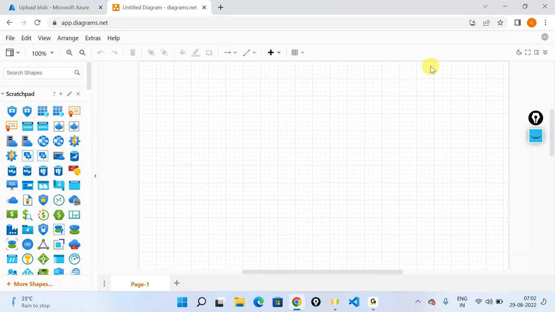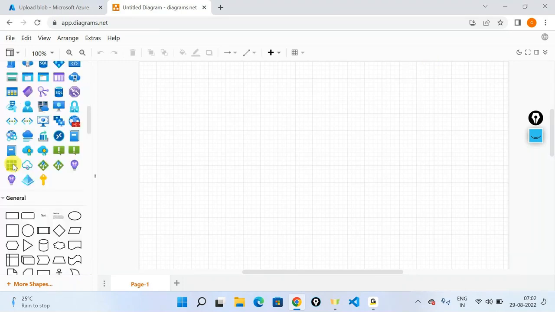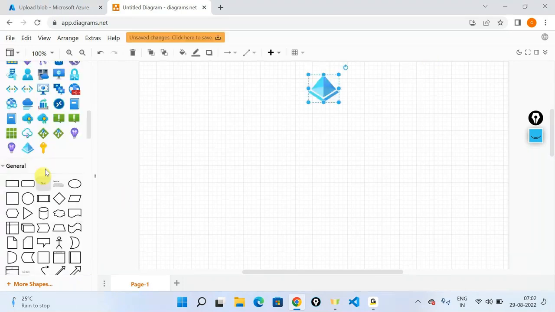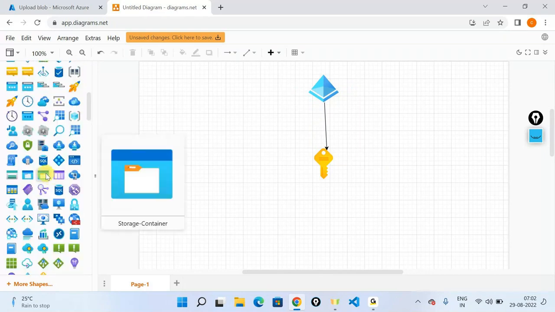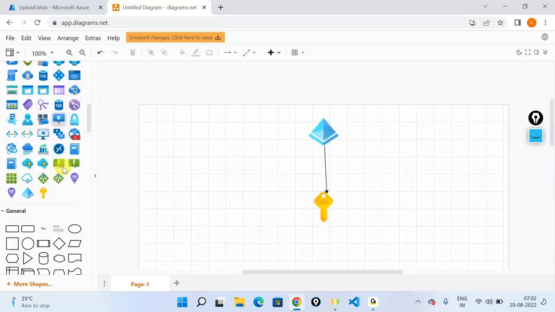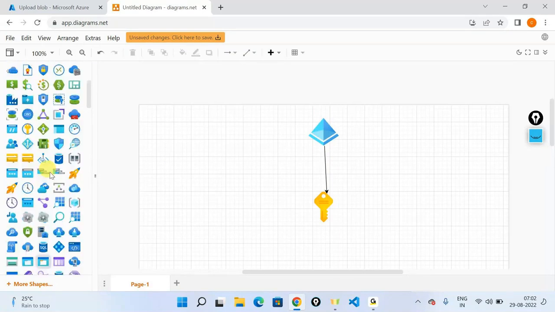So again, a tenant, a subscription, and under a subscription, we went ahead and created something known as a resource group, in short RG. So let's check out where my resource group icon really is. All right, so a resource group, and under it,